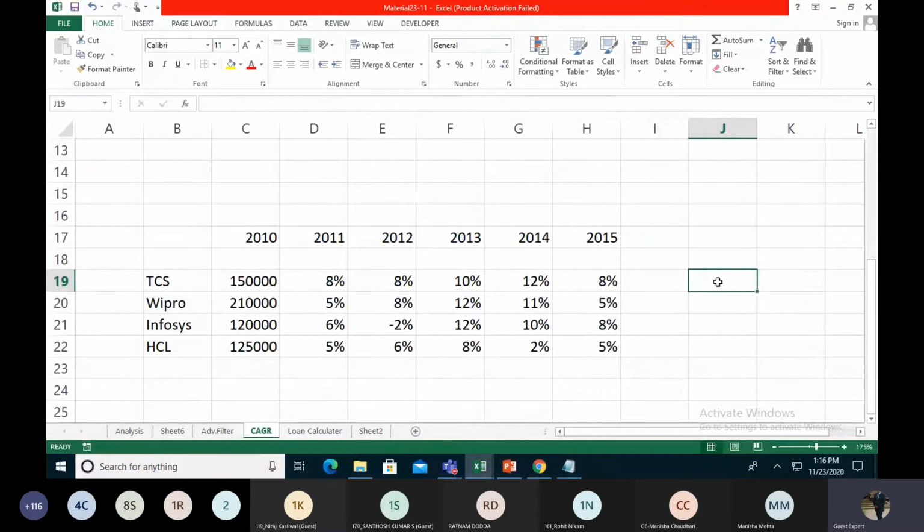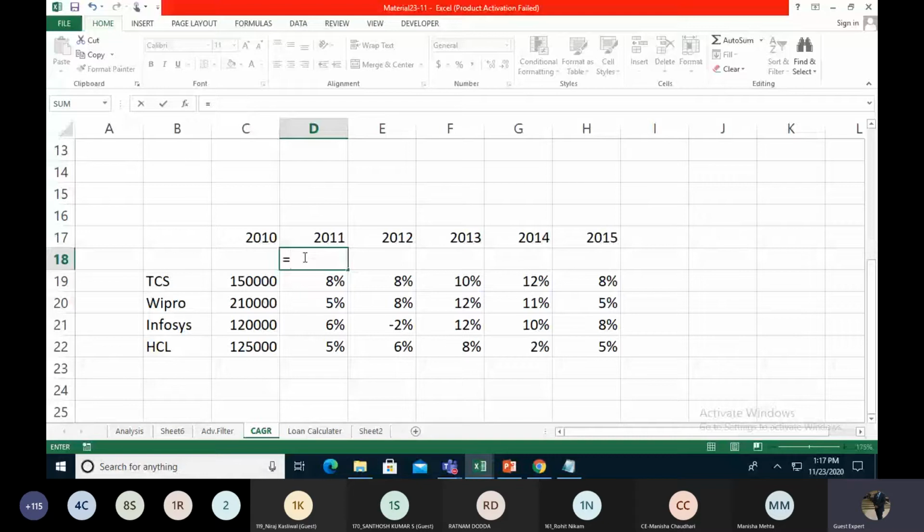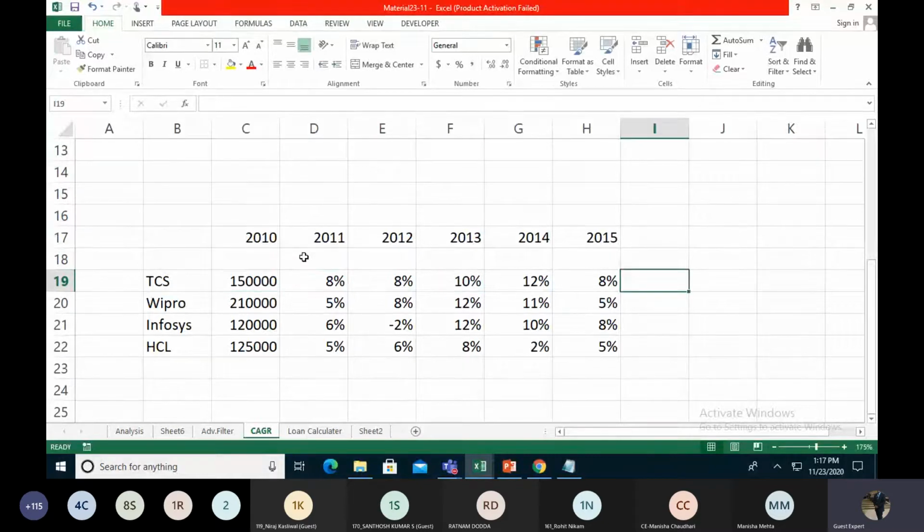If the CAGR is more than 8%, as an investment company we select those companies whose compound annual growth rate is more than 8%, and invest in their stocks, debentures and securities. So this data is displayed for me: TCS, Infosys, Wipro, and HCL. So we make the whole formula. First there is the opening balance, the base balance. We need the closing balance in 2015. So right now we are creating the formula.